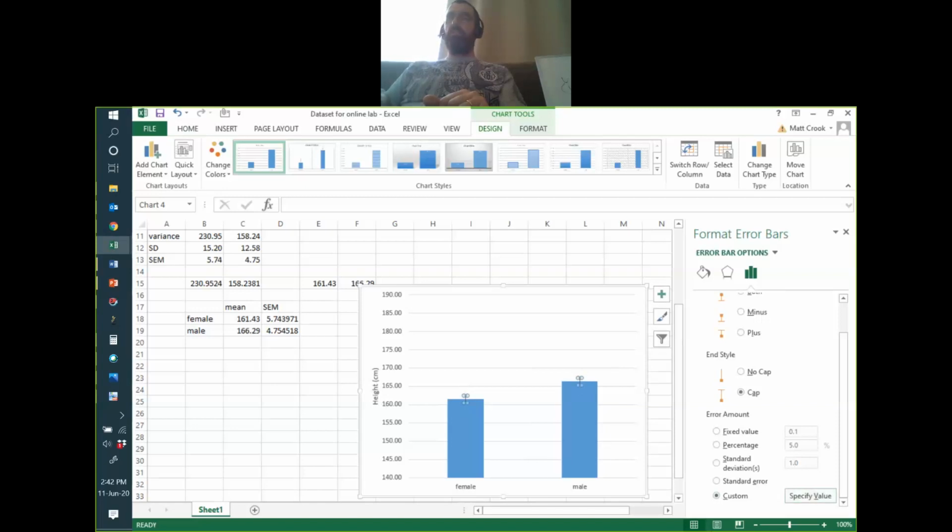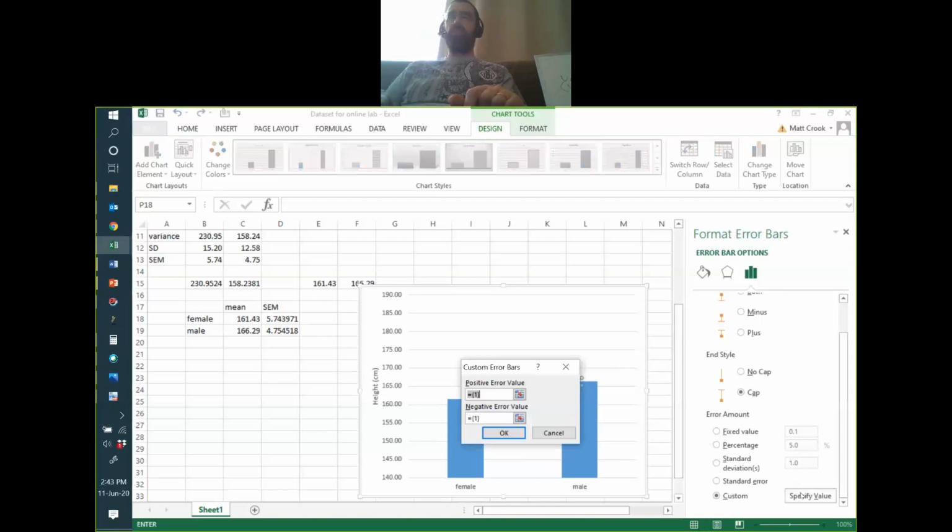So hopefully you can all follow this, and hopefully WebEx is not going to completely move stuff around so it doesn't line up, because that was really annoying. So click on specify value. Come on. I think everything's a lot slower when I'm sharing my screen. There we go. That will pop up this box and then,